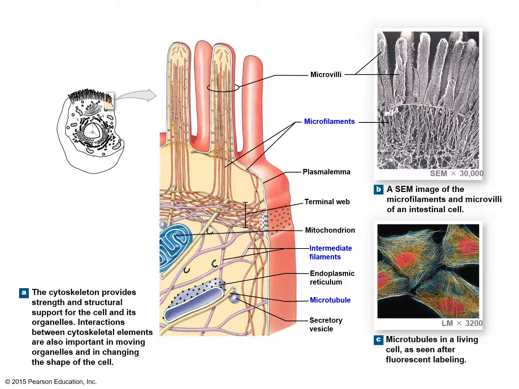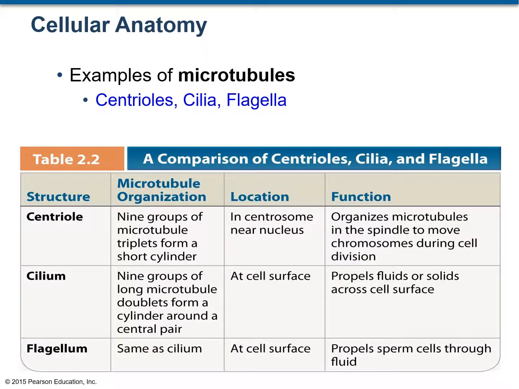This figure shows pink-colored microvilli, or the finger-like projections, and the shape of the microvilli is maintained by microfilaments, which are the cytoskeleton present inside the microvilli. Now, if you look in the same figure a little bit down, you can see the intermediate filaments and the microtubules. The microtubules, which are the thickest of all the cytoskeleton, form three important structures inside human cells. Those structures are centrioles, cilia, and flagella.